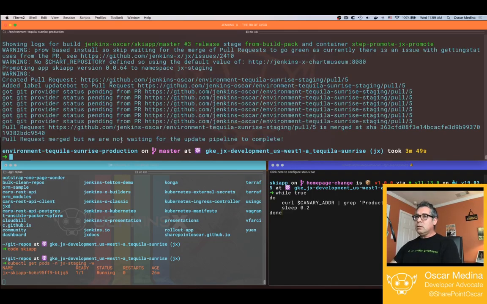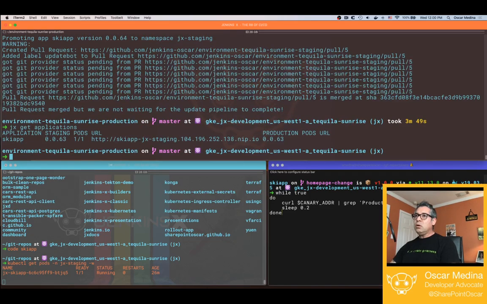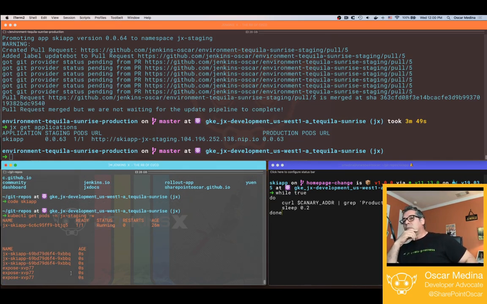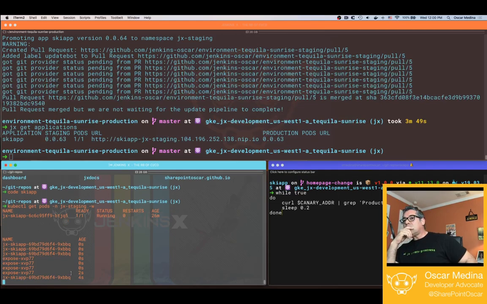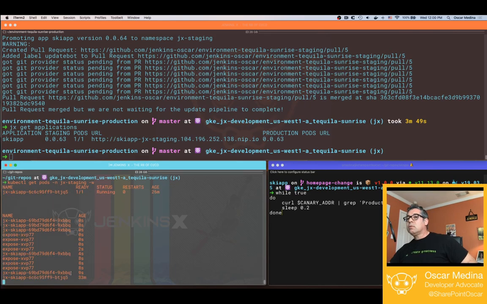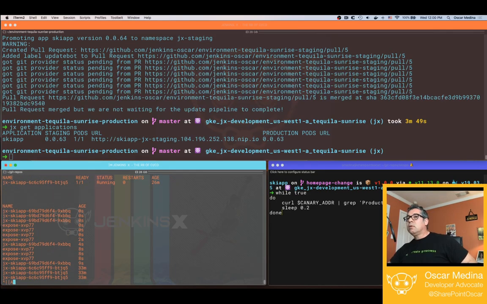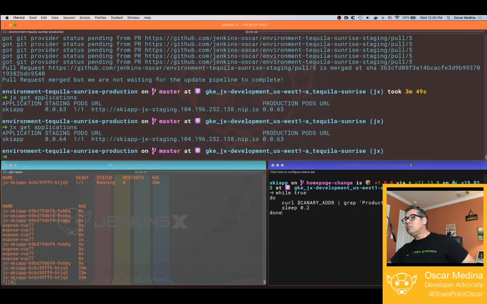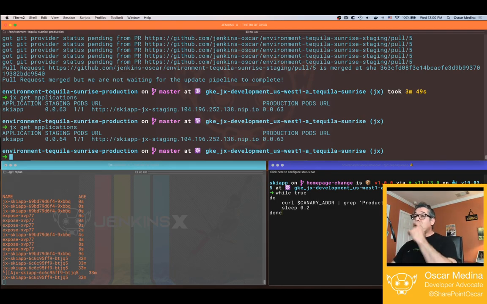Okay, so let's take a look. jx get applications. We should see 64 on staging soon. And we should see right here on the lower left the change pretty soon. So there it is. Okay, good. So now we should see version 64 on staging, and there it is. We are ready to promote this